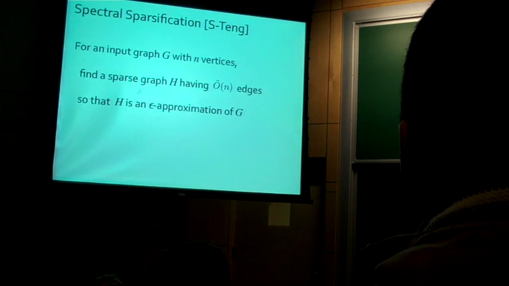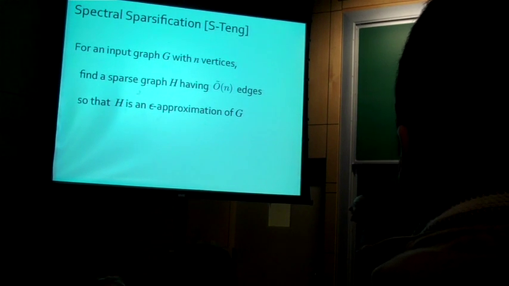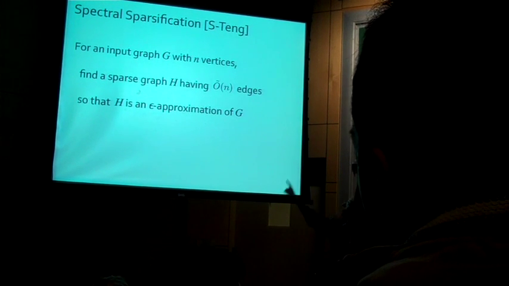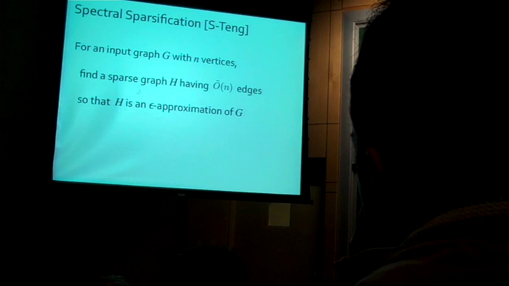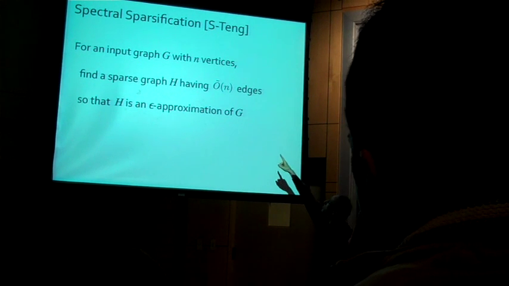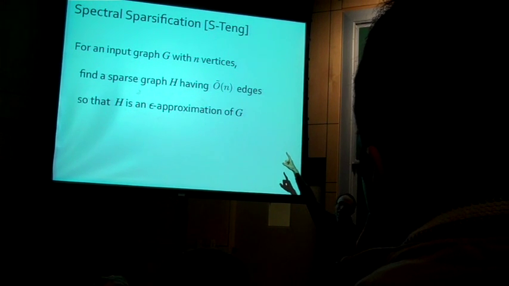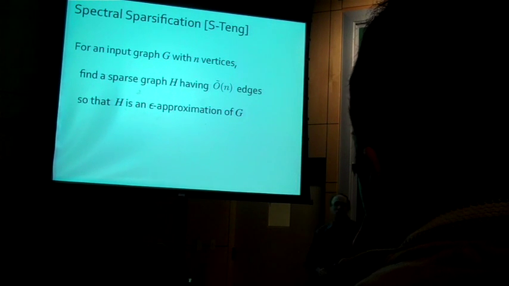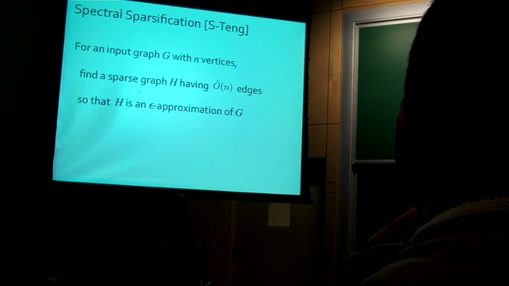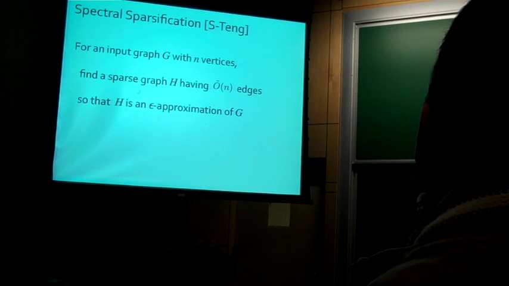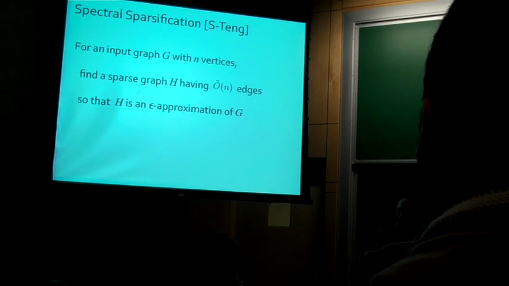Okay, so this gives us then the problem we call spectral sparsification. The question is, you give me an arbitrary graph G, with n vertices. Can I find a sparse graph H that is an epsilon approximation of G? And how sparse should it be? I wrote here O tilde of n. That means I'd like it to be some constant times n. But if you don't get us that at first, we'll be happy with n times log n, or n times log squared n, or I think in my first paper on this, it was closer to n times the 33rd power of log n or something. But you've got to start somewhere.